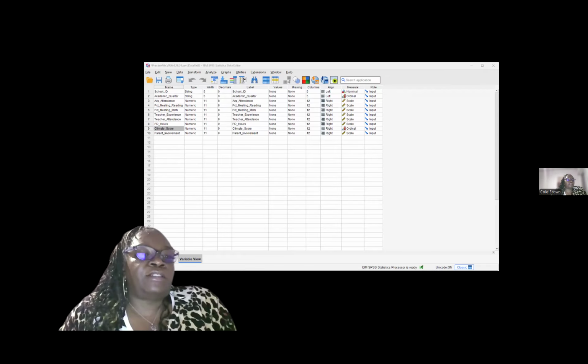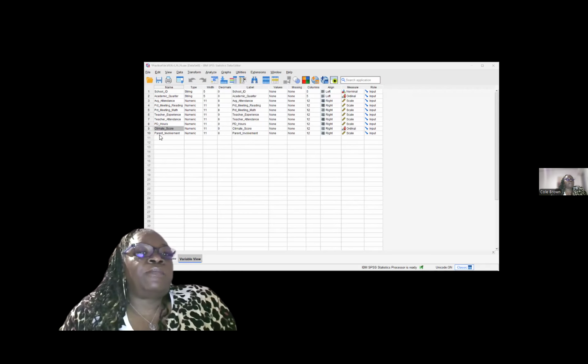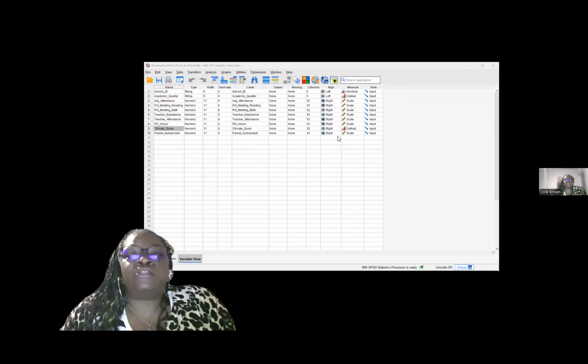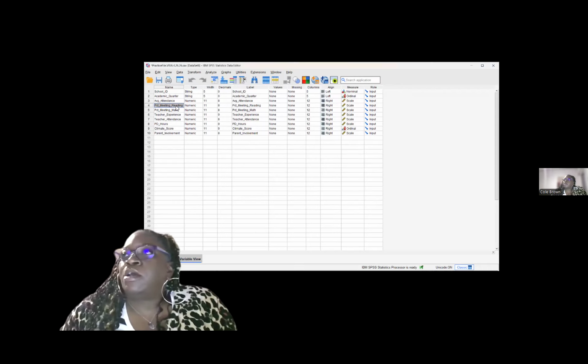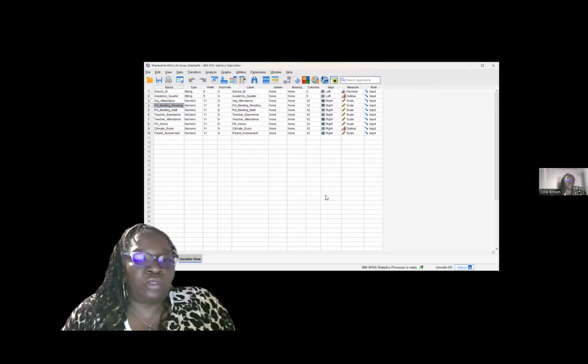All right, the practice file is there. I'm now looking at our variable and data view window, and we are looking at parental involvement. Parental involvement is scale, as we were talking about, so it is continuous. We also need to make sure that the percentage of students meeting their reading benchmarks is also scale, which means that it is continuous.